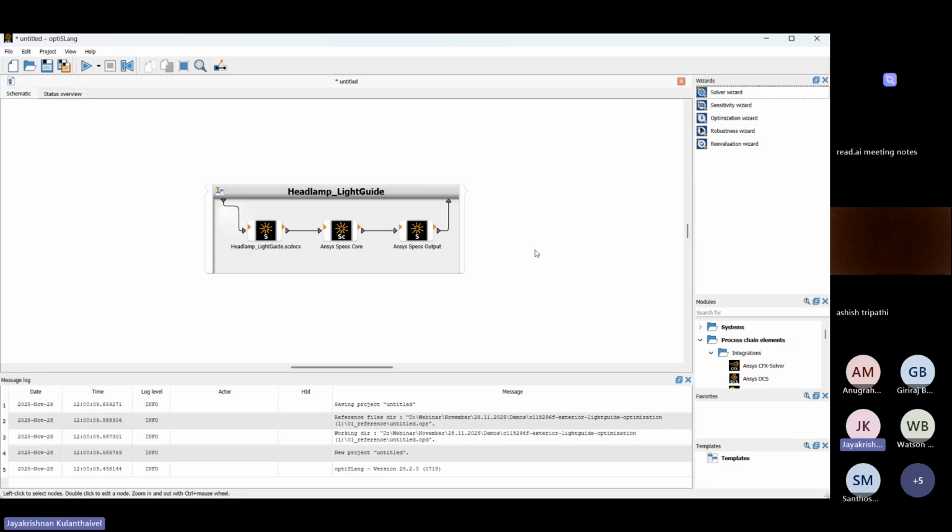But this is the workflow. Now, in the Speos output, you will get the results in the format of XMP. I want to see the results in a format like PNG or something like that. So for that, I'm going to